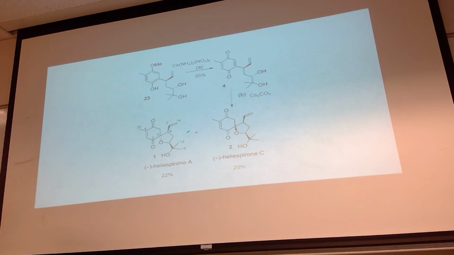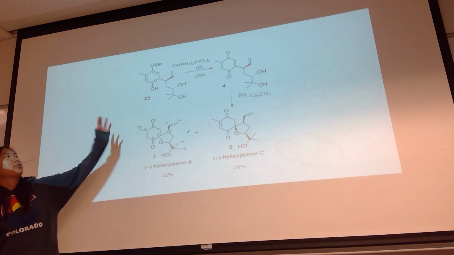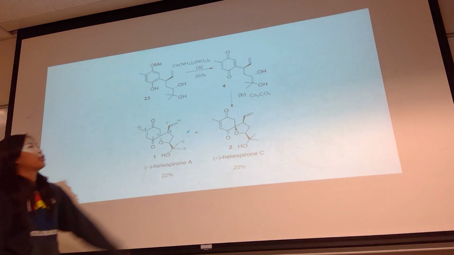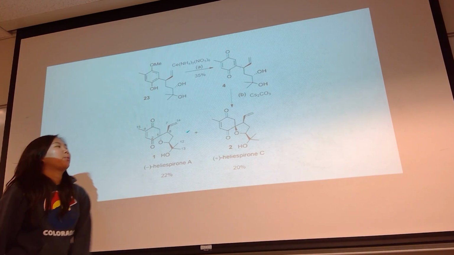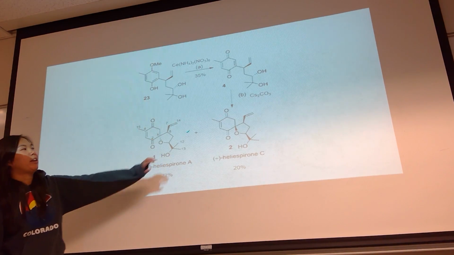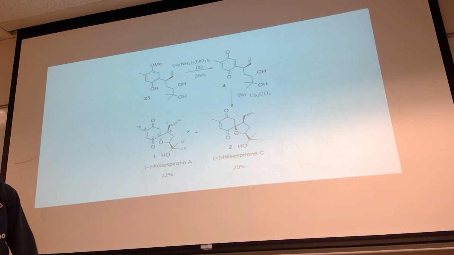Right, so once they got 23 with the correct stereochemistry, they oxidized the hydroxyl group using ceric ammonium nitrate. So they got this ketone over here, and then they treated it with cesium carbonate in order to close this ring. And this reaction from 24 to 2 to 1